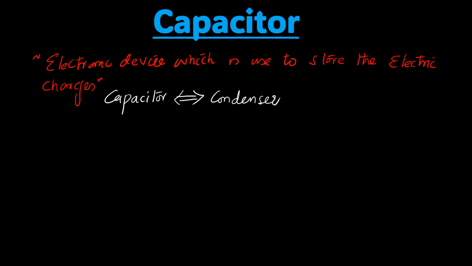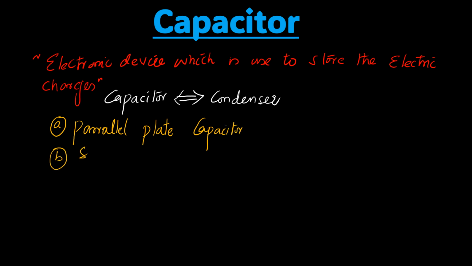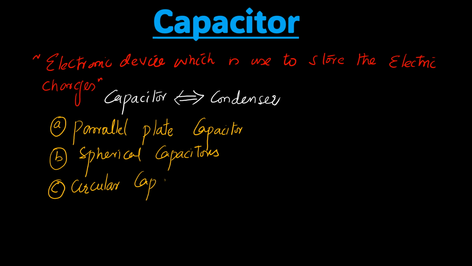Some of the known types of capacitors are parallel plate capacitors, spherical capacitors, circular capacitors, cylindrical capacitors,